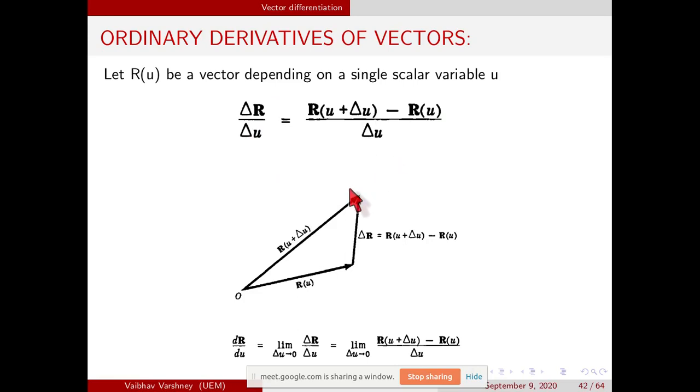And if we take a very small limit, meaning delta u tends to 0, see this: delta u tends to 0 means delta u can never be exactly 0, because if delta u were 0, this would be an undefined form. Delta r upon 0 means infinite. Tends to 0 means it will be very small, something like 0.00001. You can consider it as 0, but it's not 0. So this point is clear.